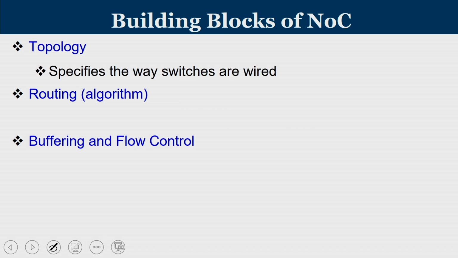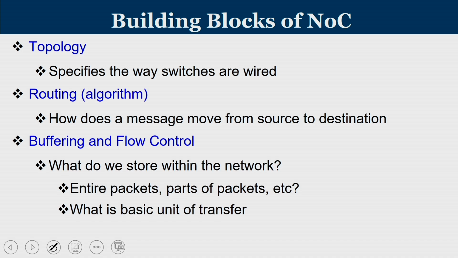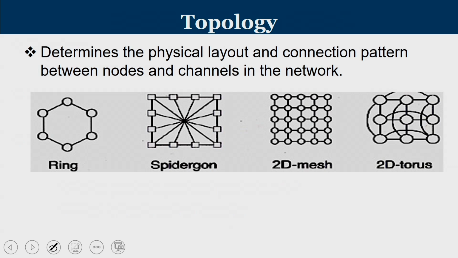So, topology specifies the way the routers are connected, and routing is basically an algorithm implemented on the routers, which tells how a message moves from source to destination. And then buffering and flow control take care of how packets move, what the basic unit of transfer is, how you divide packets into flits, etc. Coming to topology,